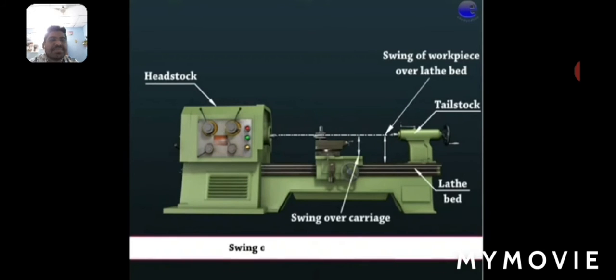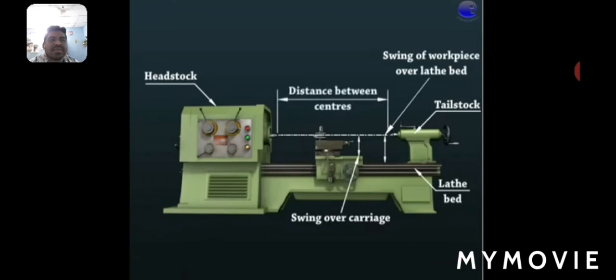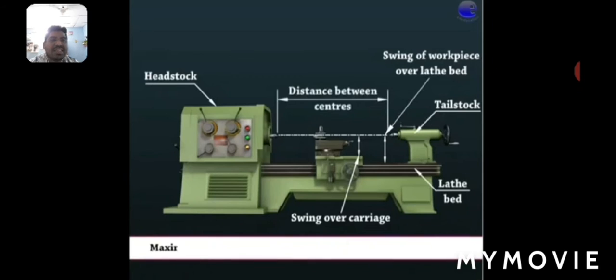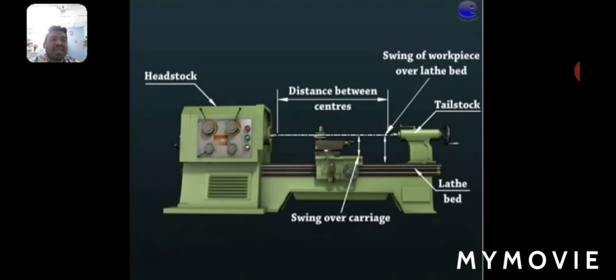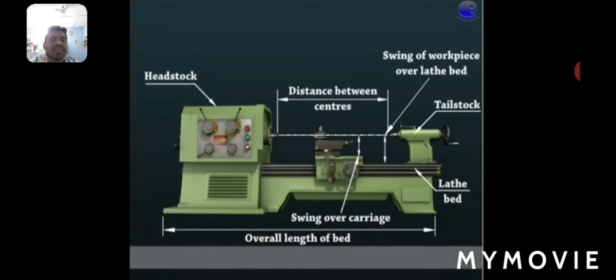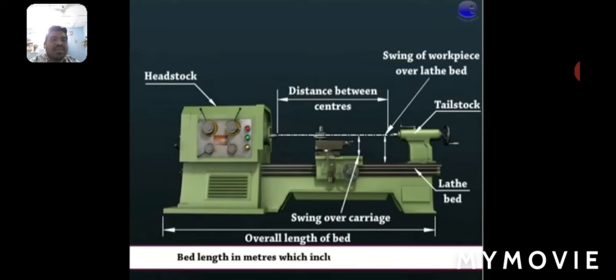Swing over carriage, that is the swing or diameter over the carriage. Distance between the centers, that is nothing but the live center and the dead center, which is the maximum job length in mm that can be held. Overall length of the bed in meters, which includes the headstock length.